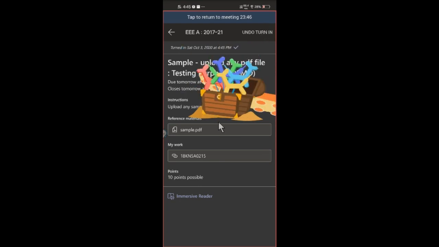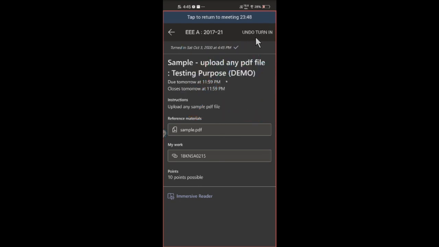So you'll get a confirmation, a small emoji, and then if you want to undo the turn in, you can resubmit the file until your due date is completed. So you can observe your turned in date and time as well here. Okay, so this is a successful upload for any kind of assignment in Microsoft Teams if you're talking about